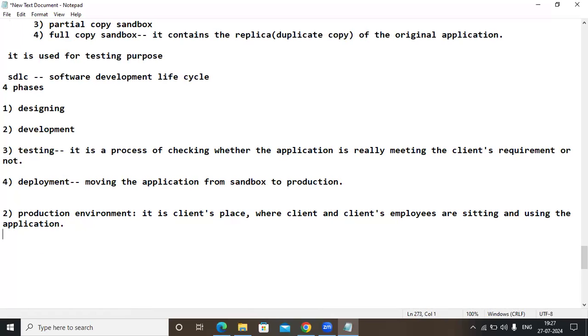But here I'm going to ask a simple question. Do the client and the client's employees know how to use the application? Tell me. They don't know, right? Because they're not technical persons. That is why, to guide them and to monitor them,